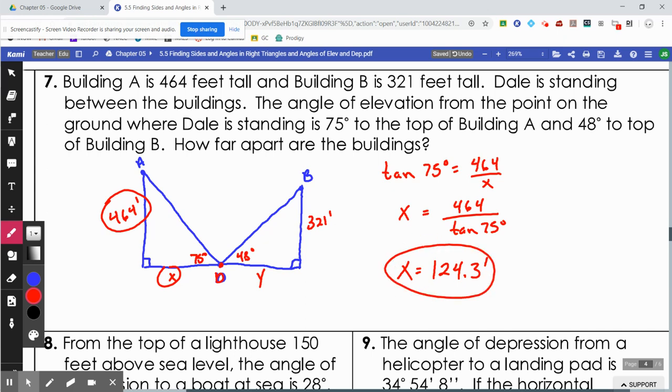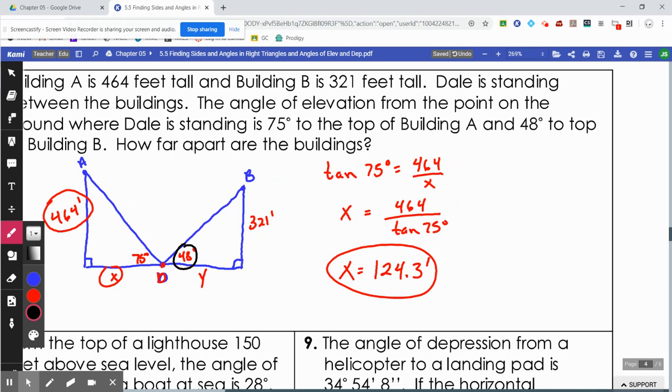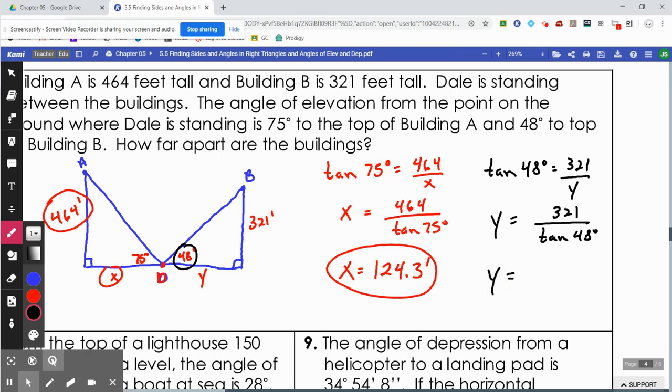Now the second building, do the exact same thing. Here's your angle, and it's going to be another tangent problem. The tangent of your angle is equal to opposite over adjacent. We'll call it y this time. Switch them. Your y value will be 321 divided by the tan of 48. Type that in, and you're going to get y has a value of